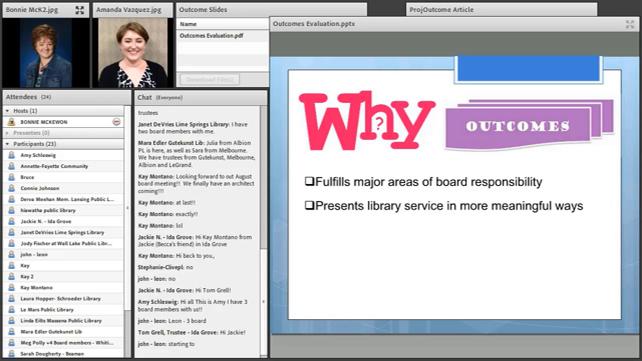We feel also that outcomes and the information you're able to start gathering from looking more closely at outcomes presents the library service in more meaningful ways. The outcomes you collect should become the stories you tell. So look at the third bullet point here. This really